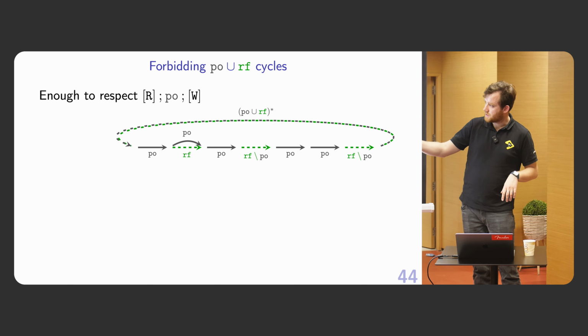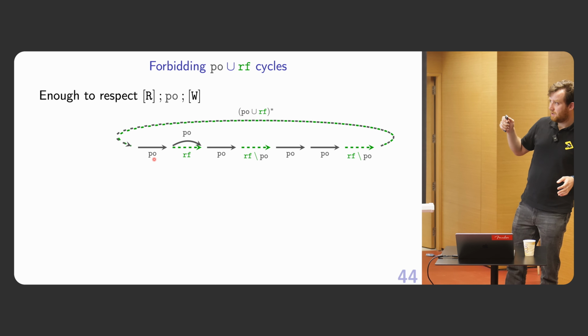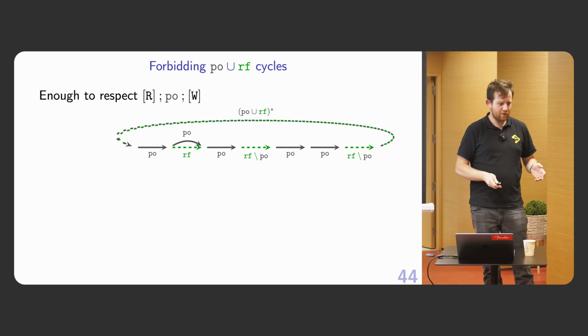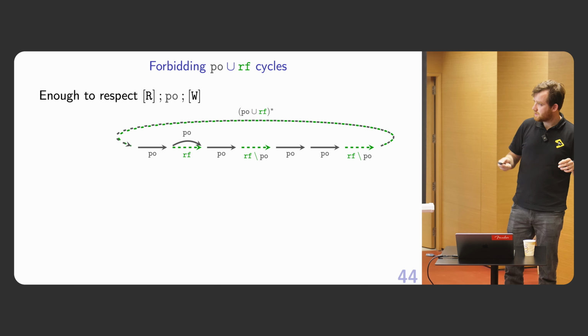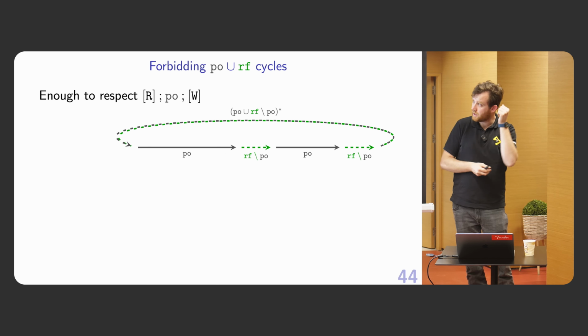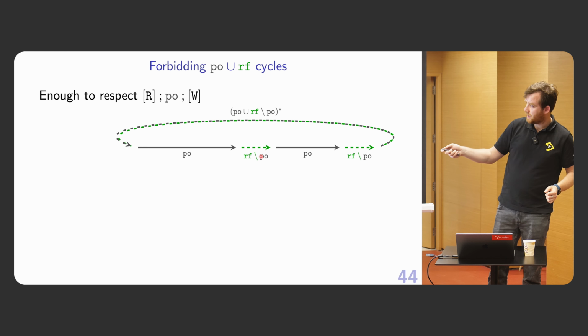As I said before, program order totally orders accesses in the same thread, so it's transitive, and we could replace some of the edges with bigger ones, like this, right? So now we have a cycle on po and RF minus po edges,